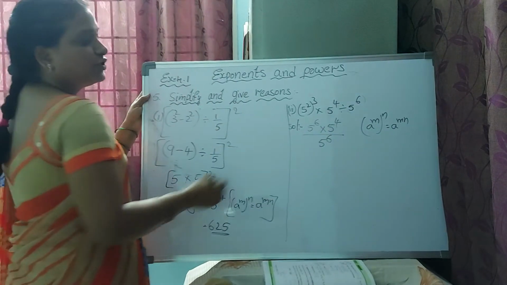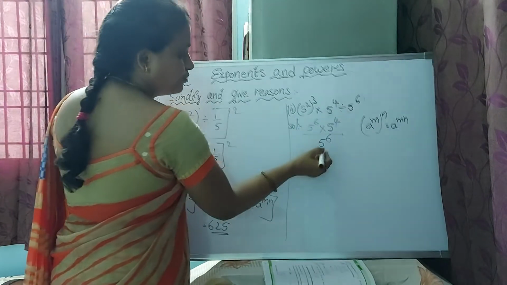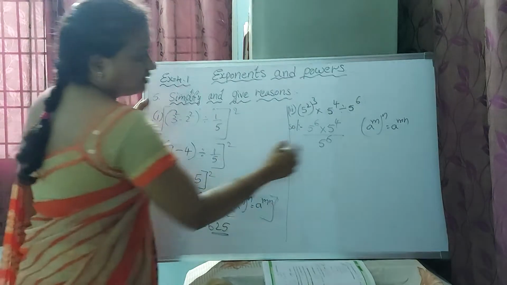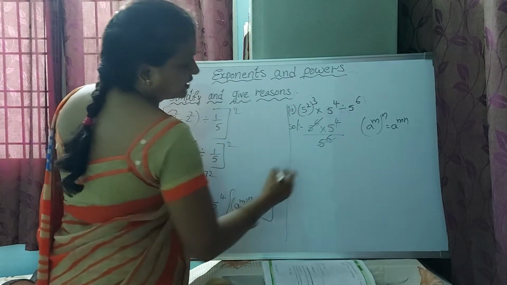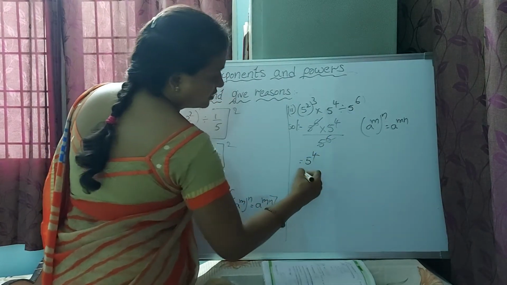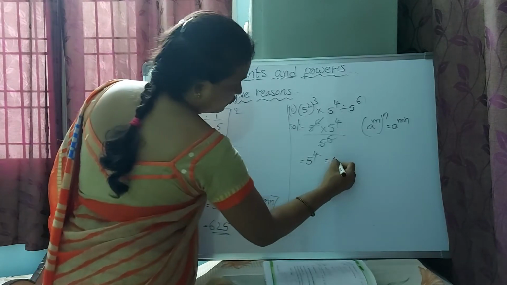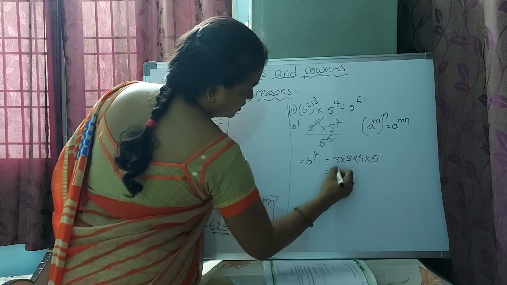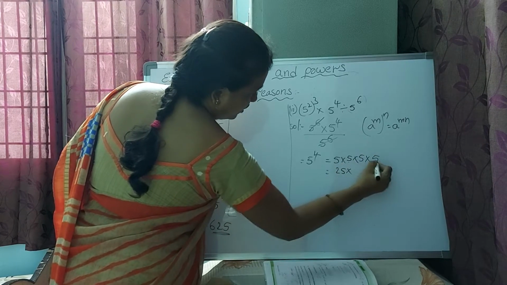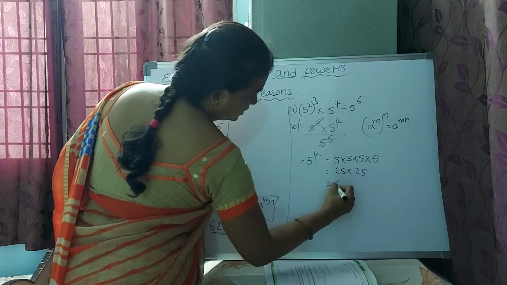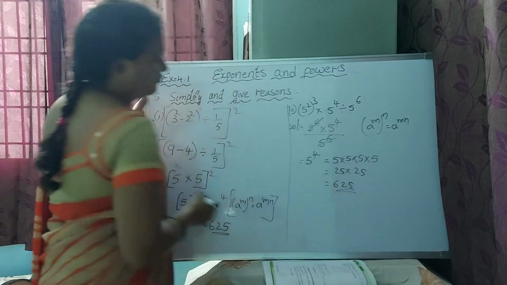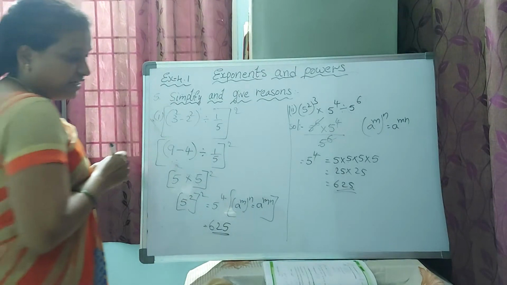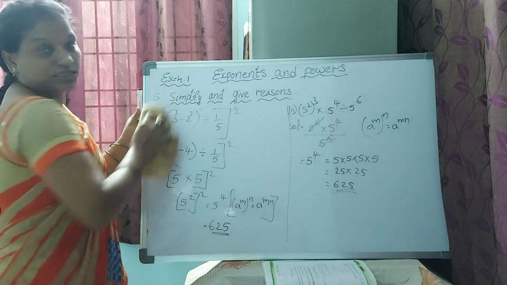Reciprocal: if you remove this divided by sign, this comes under denominator. If it is denominator, it becomes numerator. 5 power 6, 5 power 6 gets cancelled. 5 power 4 is nothing but 5 into 5 four times. 5 5s are 25, 5 5s are 25, which is 625, the answer. For this fifth one, first one and second one both are 625 only. Next, sixth one. If you see the sixth one.